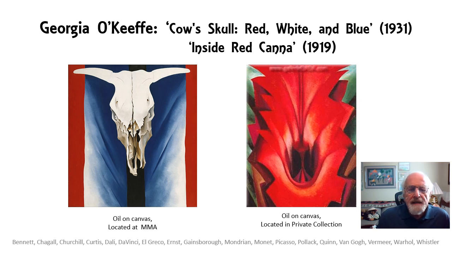Inside Red Canna, which she had done earlier, is an extreme close-up of the canna lily. It's an erotic depiction of the large petals of the exterior of the flower, with a focus on the interior through the use of contrasting shades of colors. The painting was made with red, orange, brown, and pink paint. O'Keeffe's